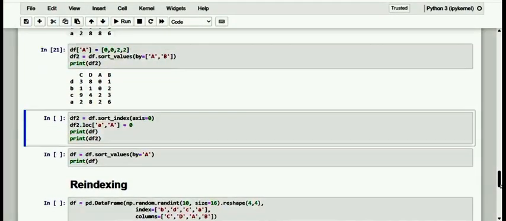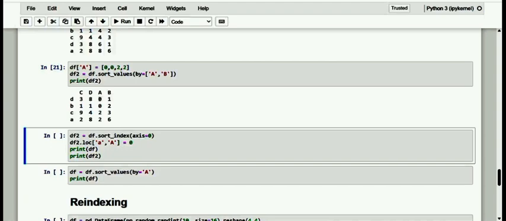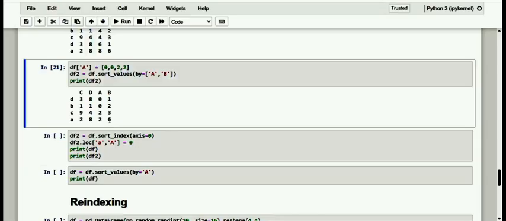So first I want to make it in the values of 0, 0, 2, 2. First I have assigned it, and now it has been done for B also. As we can see from the result, the values of column B will be reordered limited to the range of identical values present in column A. So here for the specification of identical values, this is provided 0, 0 and 2, 2.